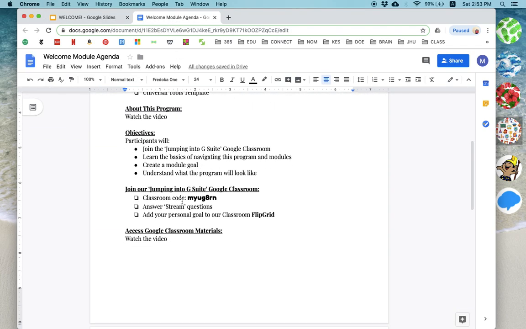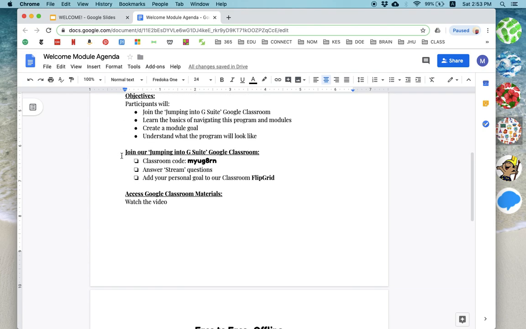It's going to give you step-by-step instructions on how to join our Jumping into G Suite Google Classroom. As you can see, it has the Google Classroom code. Unfortunately, there is no way to customize the code, and so I apologize, but it is a random assortment of letters and words. And so this part right here is key. You can either copy it or you can go ahead and write it down, but our classroom code is going to be lowercase